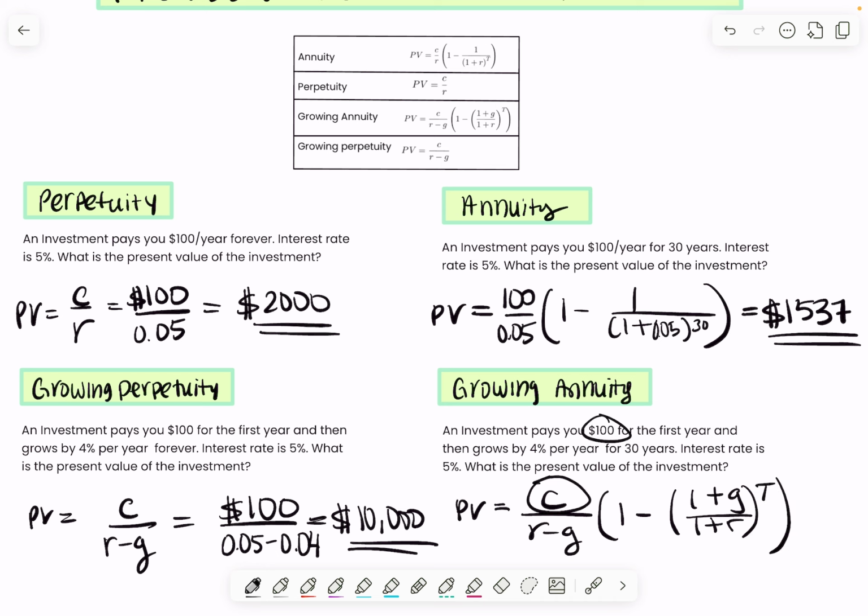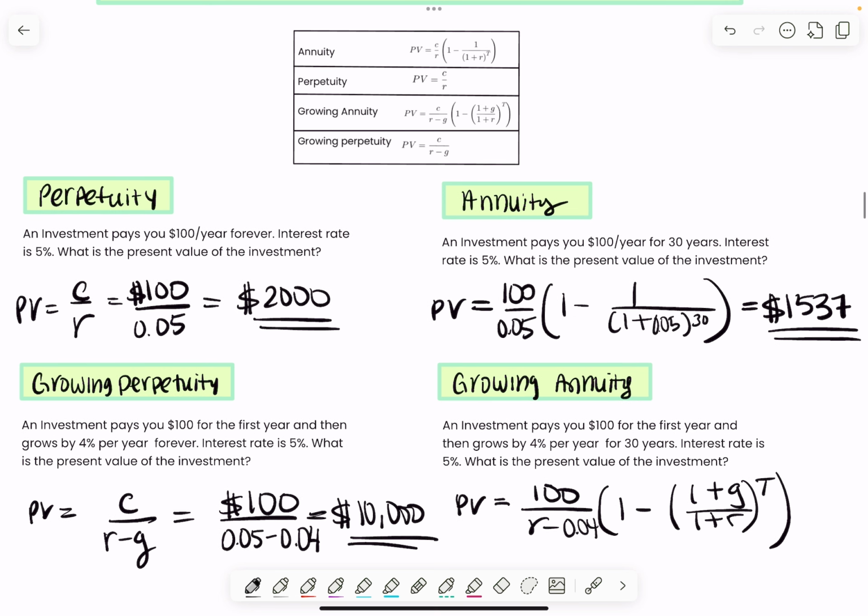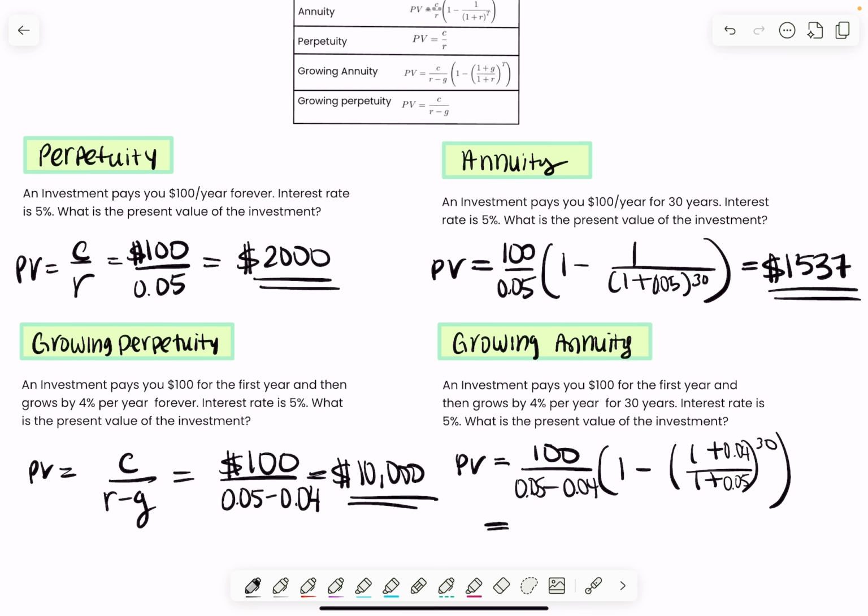So C is your cash flow, it's $100. Your growth rate is 4%. So again, you want to have that as 0.04 in decimals. You can just go into your calculator and take 4 divided by 100 and you will get 0.04. So let's replace that here too. Your T, your number of years is 30. And then your regular interest rate is 5%. So again, in decimals, 0.05 over here as well. And then when you plug that into a calculator, you're going to get